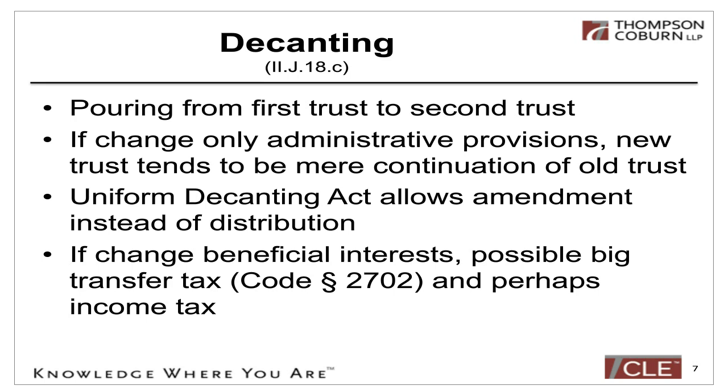So a lot of people will say, okay, we're going to do our decanting. It does affect the beneficial rights, but we're going to make it an incomplete gift, so there's no gift tax consequence. And then they stop there with analysis. Well, let's take it one step further. When it's an incomplete gift, then it's going to be included in the beneficiary's estate. Now, if the trust were going to be included in the beneficiary's estate anyway, then no harm, no foul. Do your decanting, don't really worry about the consequences.